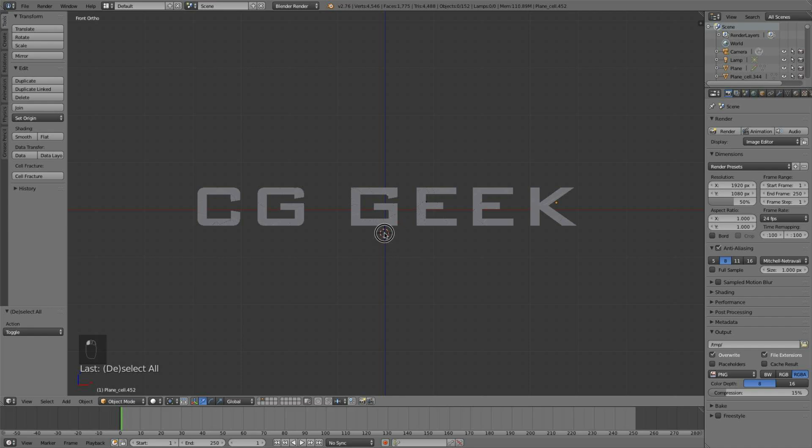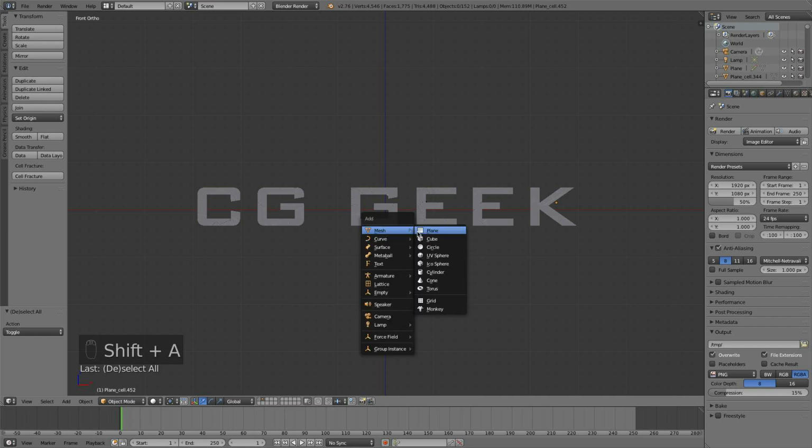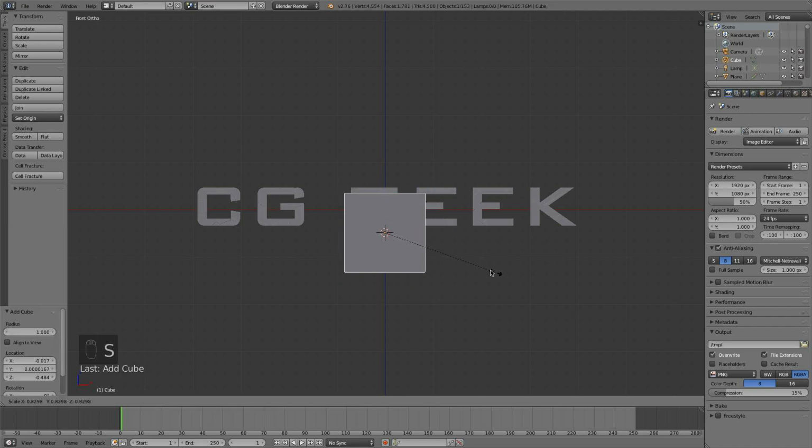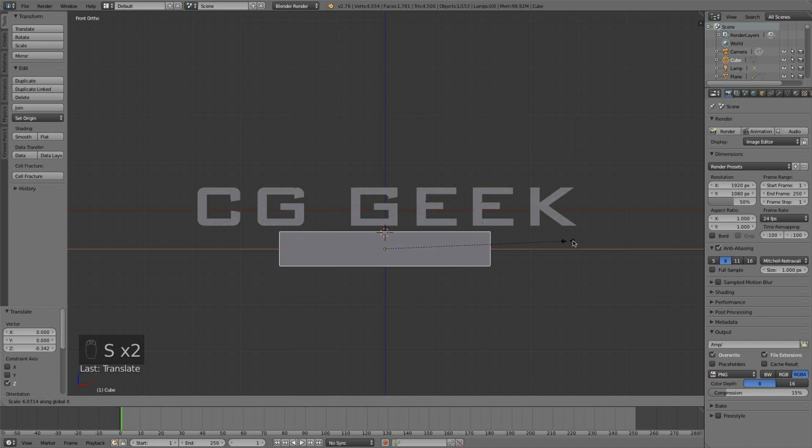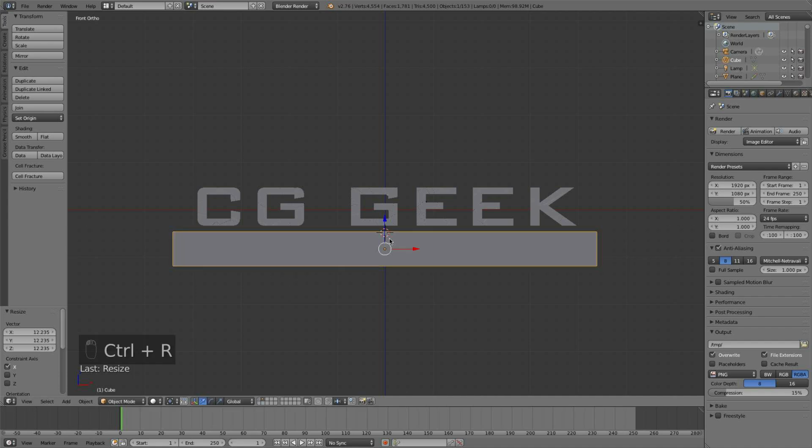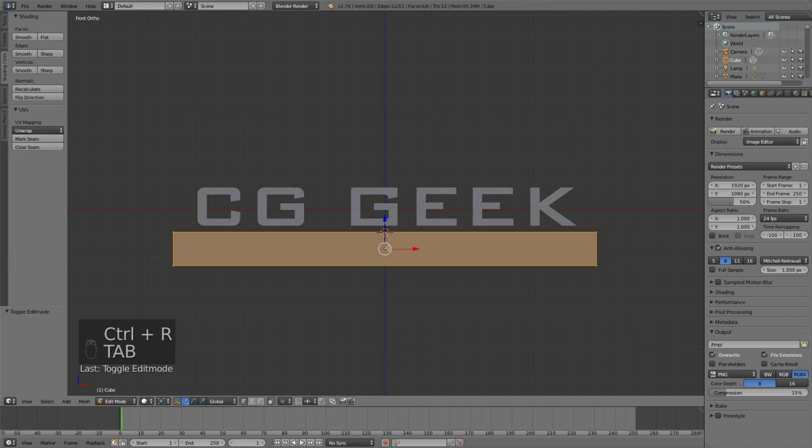Okay, so what I'm going to start by doing is creating the object that will shatter this text. Now basically I want to shatter in the middle and then break outward. So I'm going to create kind of a little pyramid here to shatter my text. And I'll just use a cube. I'll scale it down, drag it down here a little bit, and scale along the x-axis, so S and X, to something like that. Now I'll Control R, put a cut in the center of this. So tab in edit mode, Control R, drop a cut right in the middle there,